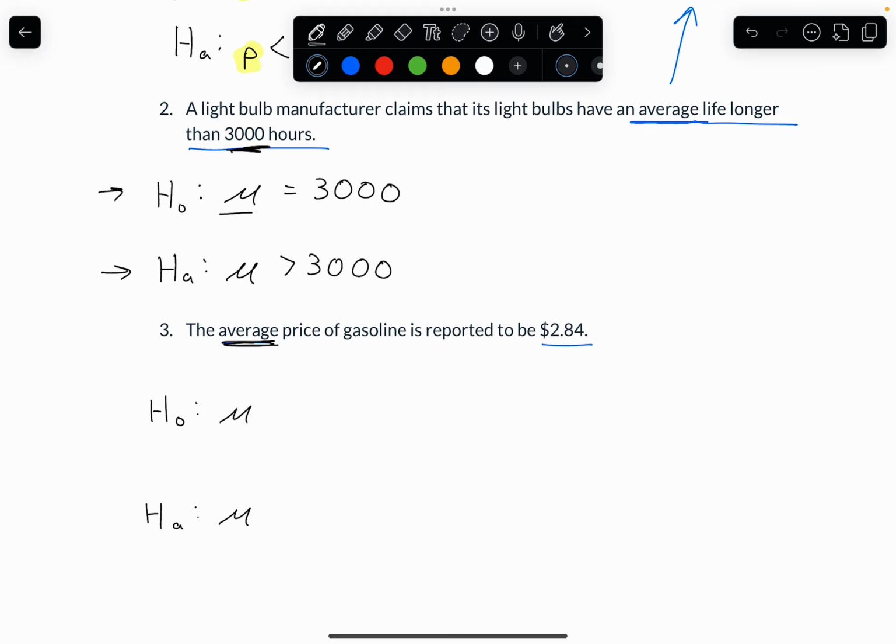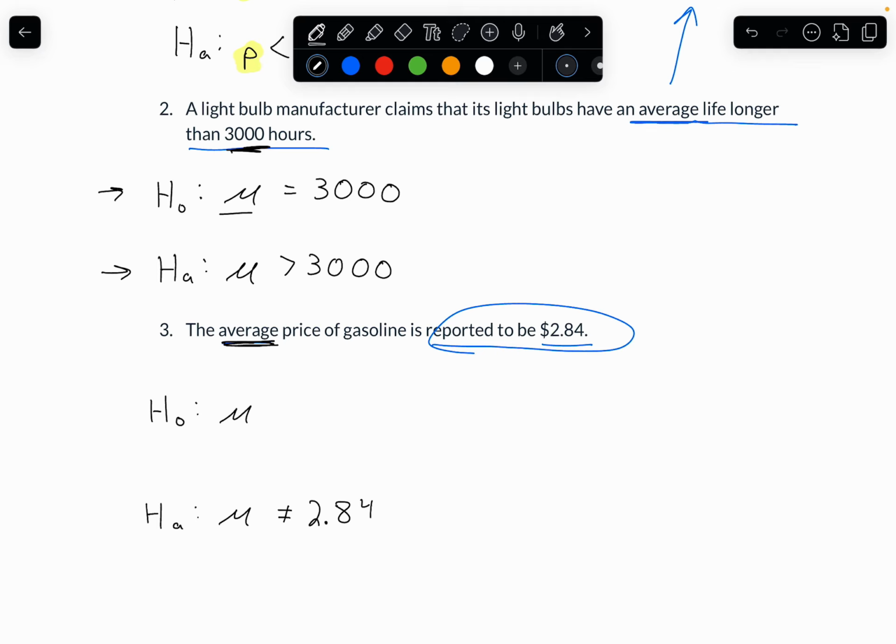And then this one I think is a little bit trickier because there's not really a statement that's being made. And you'll see this pop up every now and then where there's not really like a question or a statement being made here. In this case, we're not saying it's necessarily more than $2.84 or less than $2.84. In these cases, if it's not giving any indication whether it's less than or greater than that value, then we're going to go ahead and say that this is a two-tailed test, which means our alternative hypothesis is that the mean is not equal to